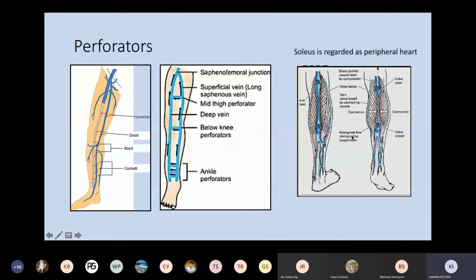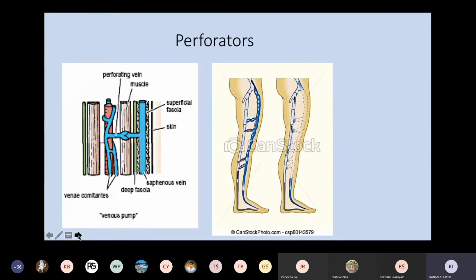This diagram shows you that the soleus and the gastrocnemius are the main calf muscles, right? They are also big and they are contracting many times when we are walking and even standing, and they contain many venous sinuses. And these venous sinuses are actually the indirect perforators. They will connect to the deeper veins, either the posterior tibial or the popliteal vein. Which vein do they connect? Either the short saphenous or the long saphenous vein. So you have to remember these 4 sites which are clinically important.